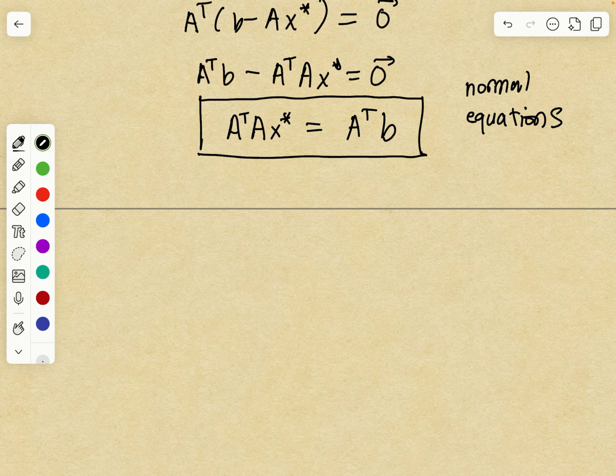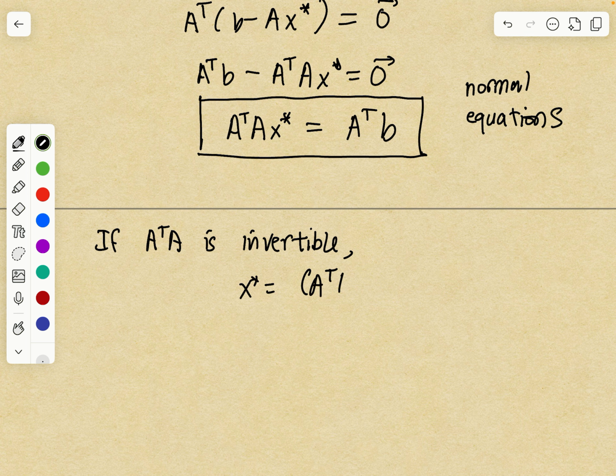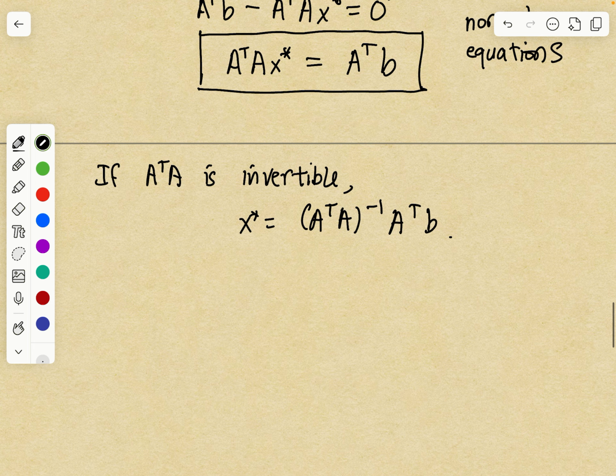And notice that if A transpose A is invertible, then we can multiply both sides on the left by A transpose A inverse, and then we get that X star is A transpose A inverse A transpose B. So with that, let's go back and solve this least square solution using this formula. So we need to find, in this example,